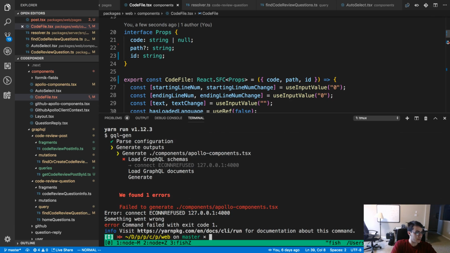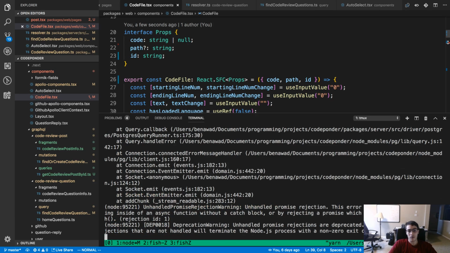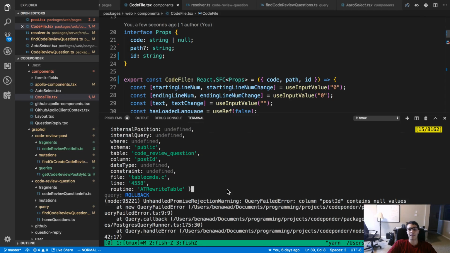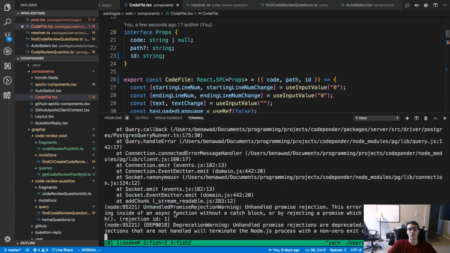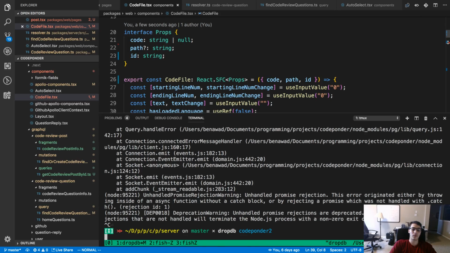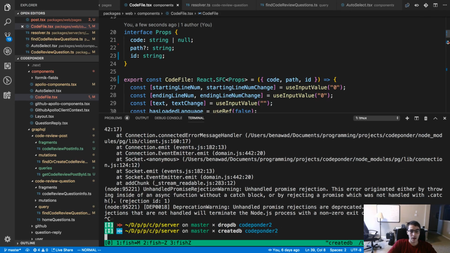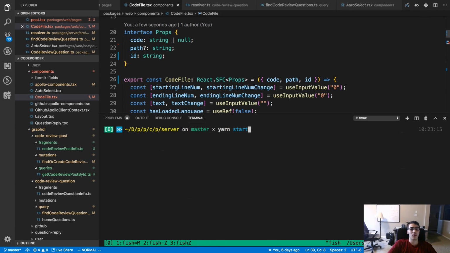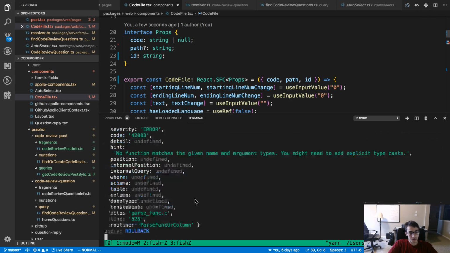I need to generate. Ooh, it crashed the server. So I'm just dropping the database and recreating it because I don't care. Because some of the data doesn't match.